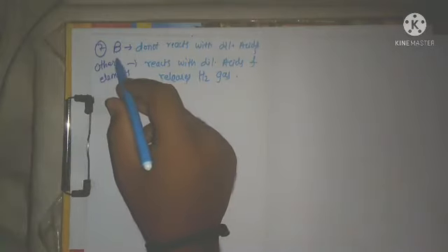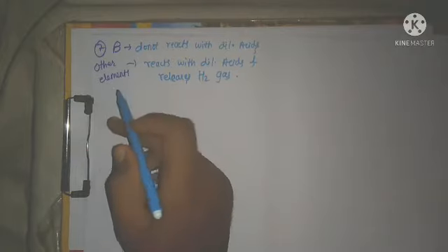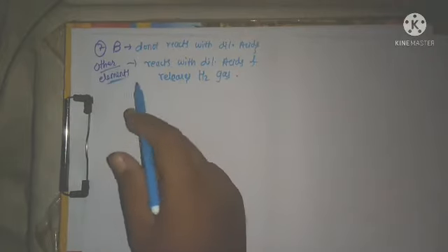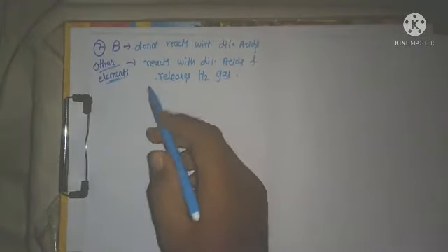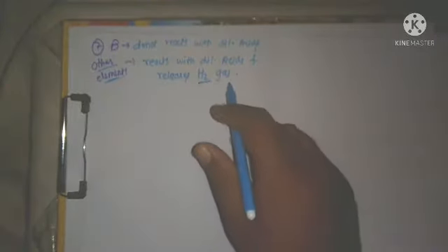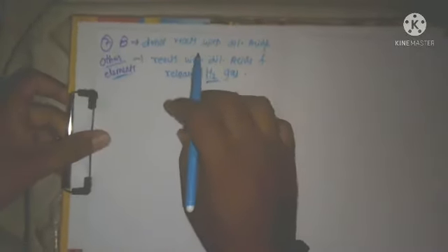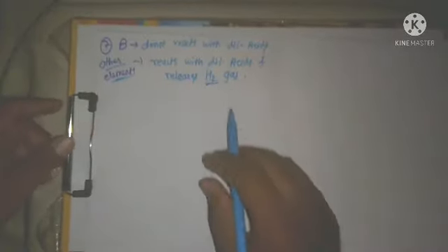When you add boron in the acids, there is no reaction. When you add other elements, maybe aluminum, gallium, indium, thallium, in the acids, they will react with that dilute acid and compulsorily release dihydrogen as gas. Right. This is another anomalous property of the boron. Next we will go for the last one. For this one I will take rough paper. Just check here, last anomalous property of the boron.